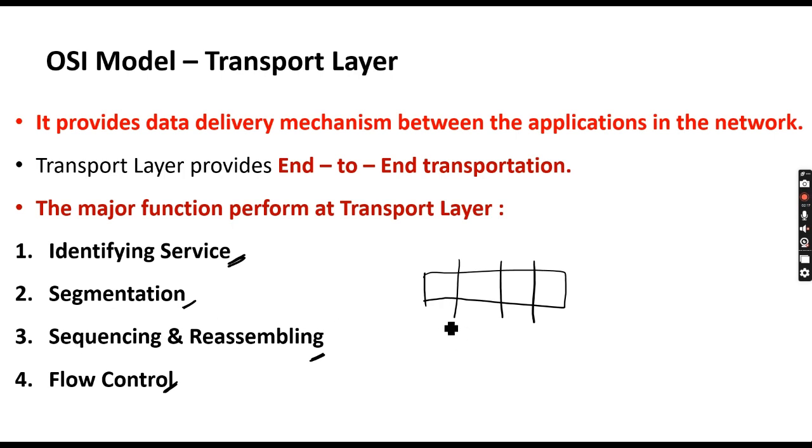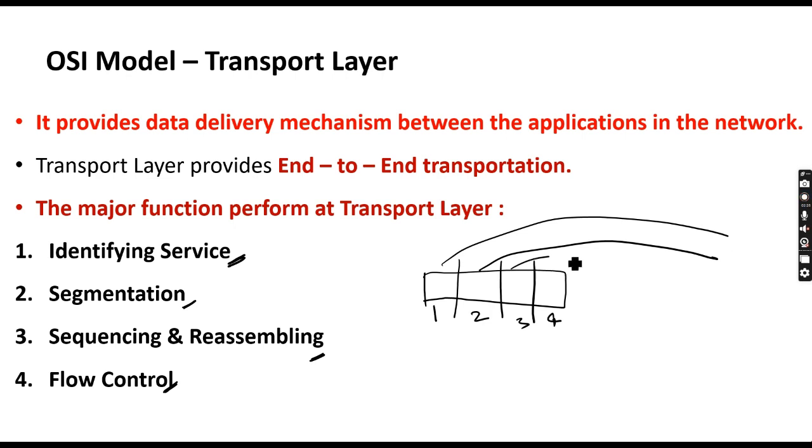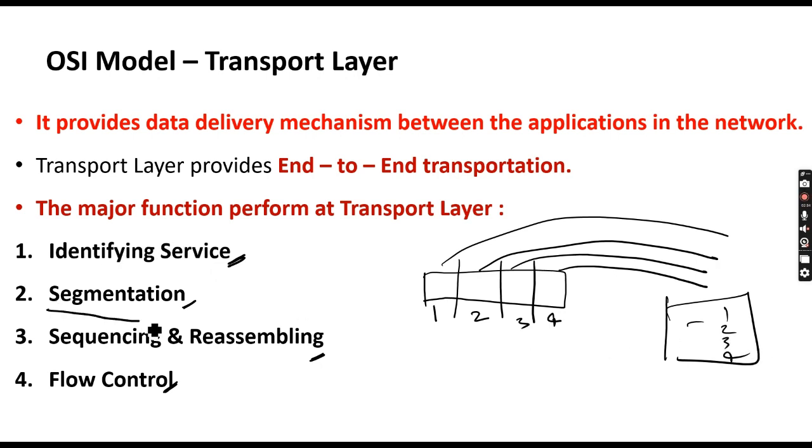Sequencing is about assigning numbers, like sequence 1, 2, 3 and 4, so that when each piece reaches the destination system, it will be able to reassemble them in order like 1, 2, 3 and 4. So segmentation is about breaking down, sequencing is about assigning the sequence number, reassembling is about assembling your